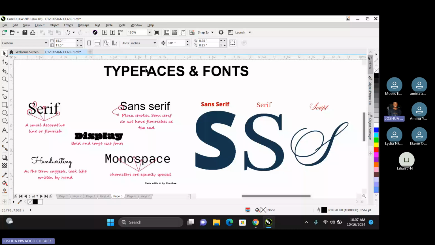Typefaces are the different styles of letters, while fonts are specific variations of those styles. So choose fonts that complement the design to pass the message and the style. So we say typefaces are the different styles of letters. For example, if you want to explain this now, we'll say we have